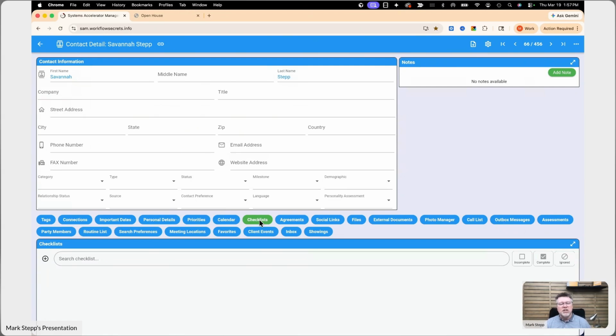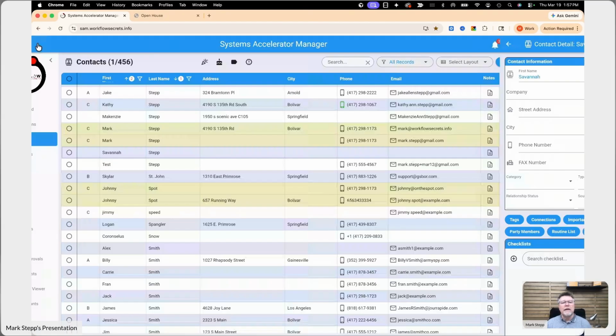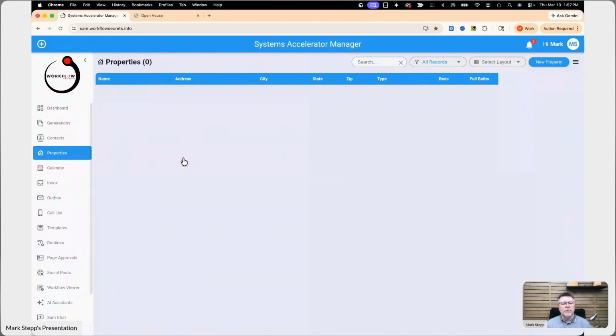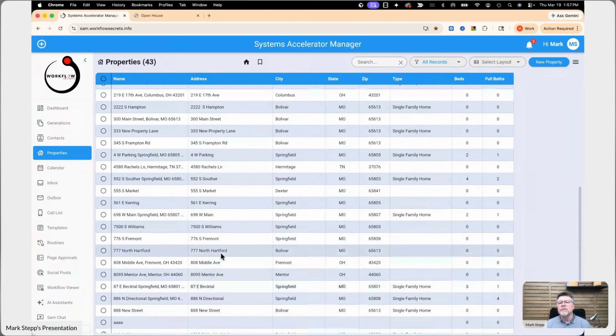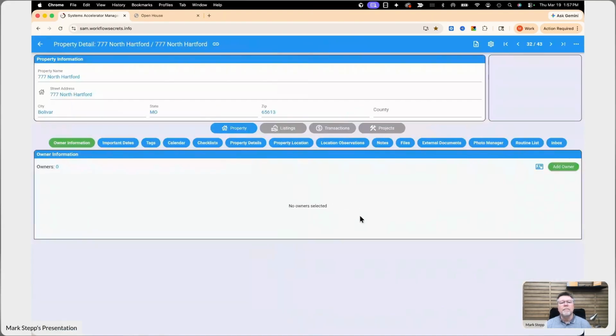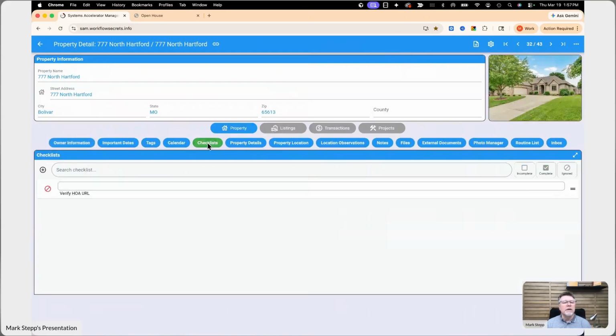So many checklist items of things that are pretty common anyway. Why not make those available to you guys? So let's just, for instance, let me go into a property here. Let me go to something that I don't have something in, maybe. I'm not sure if I've got anything like that, but in my checklists. Okay, so